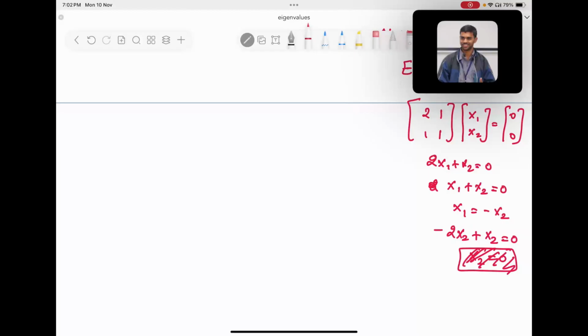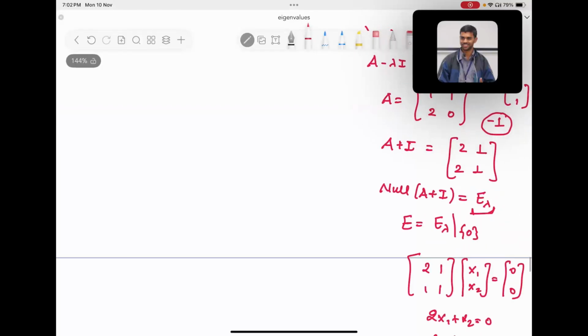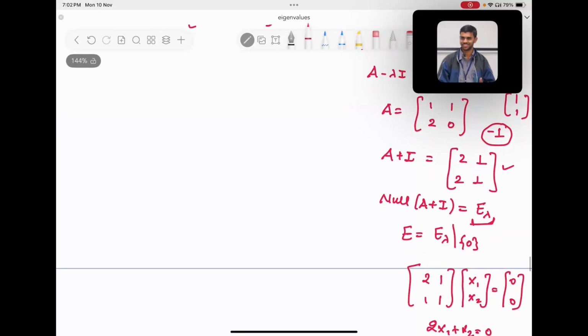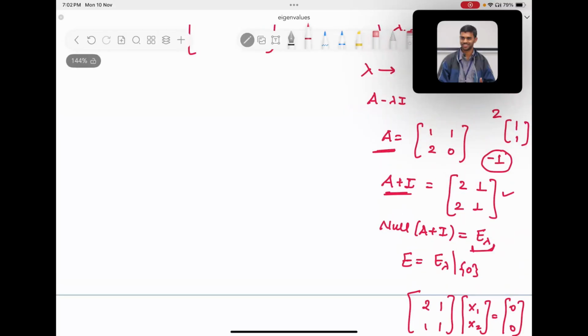So there is 2 instead of 1 in the matrix. Where? So 2 1 1 1 into x1 x2, there is 1. Where? Here. No, sir, it is A plus I. This is the matrix, right? This is the matrix A,